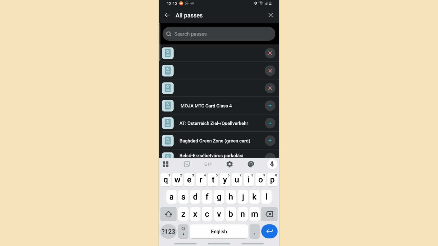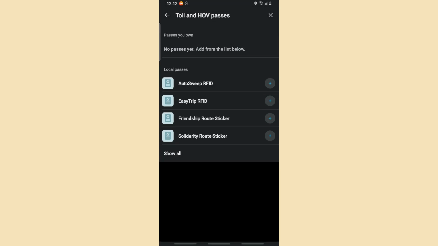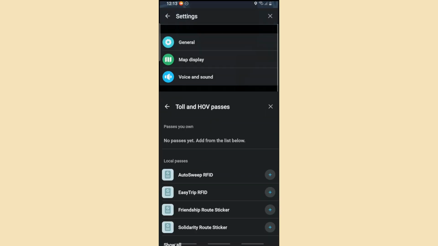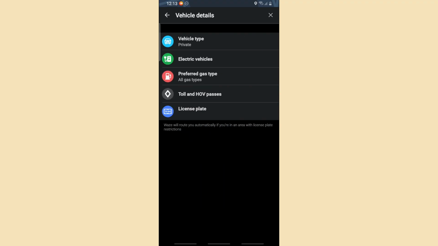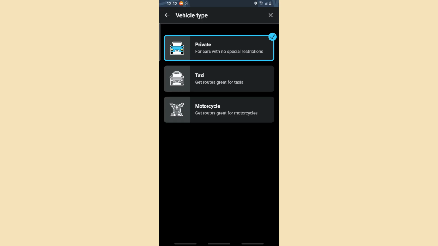Now, another option is to make sure your vehicle type is on private. To do that, go to the vehicle details over here and select vehicle type, and make sure it is on private because guys, those are often exempted from the ULEZ. And make sure guys to verify the hours because remember the ULEZ zone has specific operating hours, so Waze